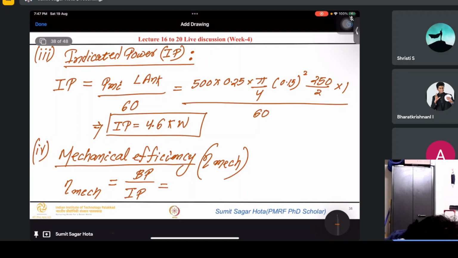So 3.775 divided by 4.6, 0.82, 82%. Okay,